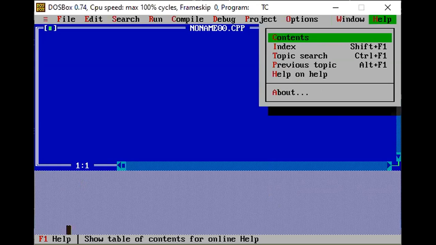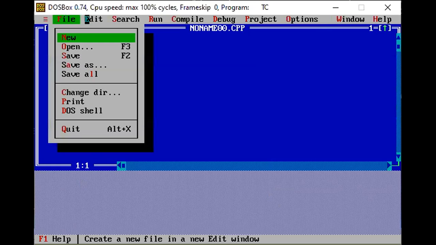Then F1 is a shortcut key, and whatever shortcut keys are required, you can see beside the option. Normally in Windows we use Control plus S for saving, but here you will be using F2, or else go directly to the File option and click onto the Save button.